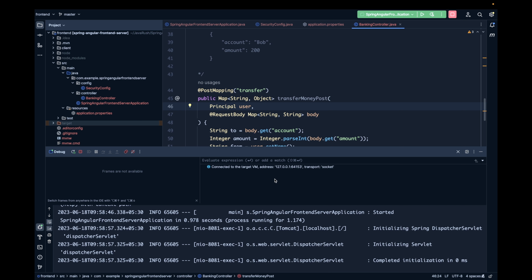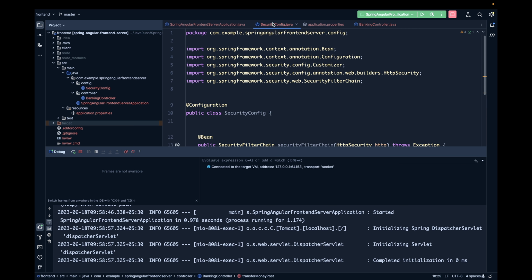So we need to implement the second method, which is sending CSRF token from Angular app to Spring app. But we will do that in the later videos. In this video, we will just disable the CSRF protection. But again, you should never do that. We are doing this here just to see how the post request works. So go to security config,